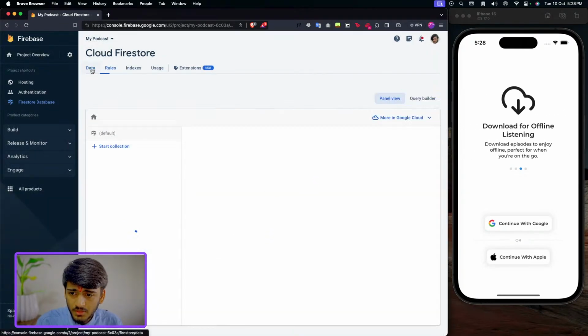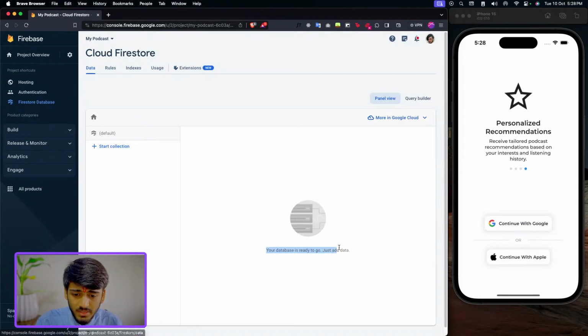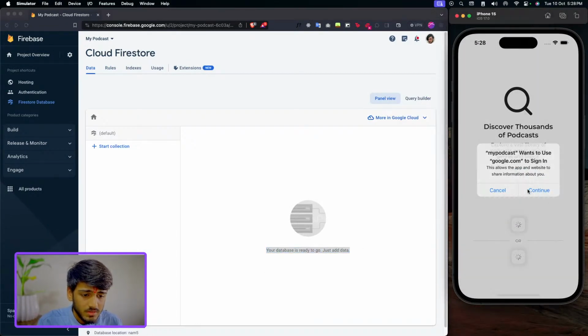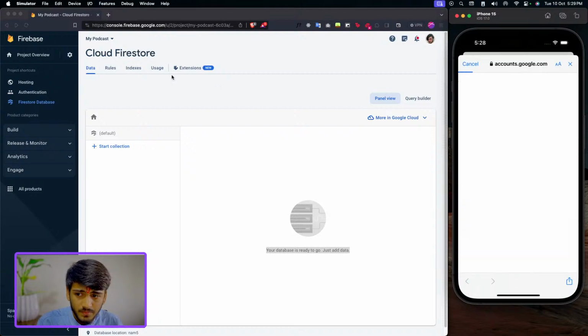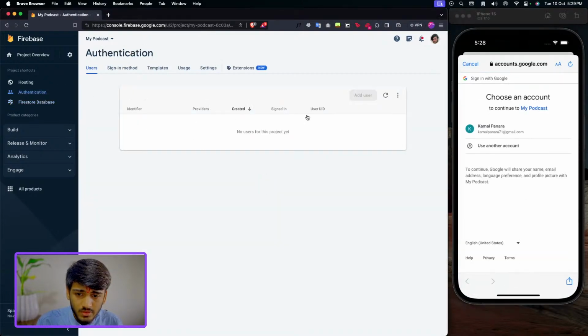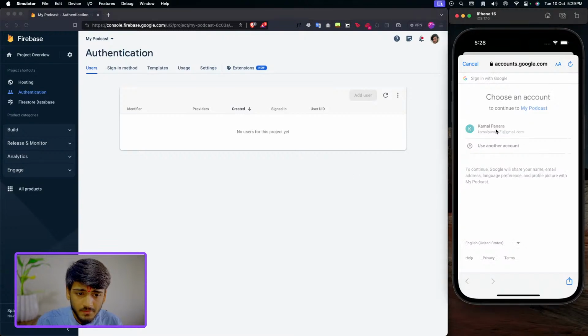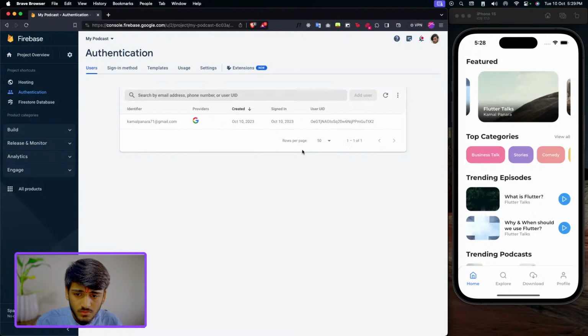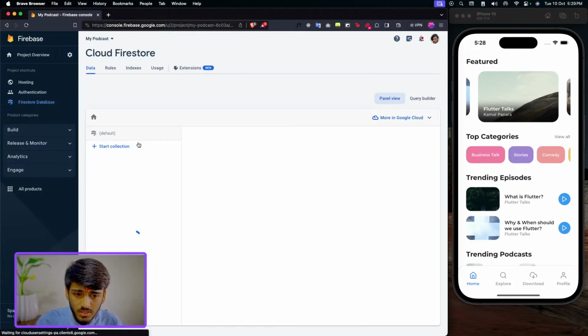Okay, so we have no documents. The database is empty and ready to go, means I can use that. Now let's create a new account. Plus, we don't have any users in authentication, so when we continue, we'll have that user. If I refresh, we have that user, and if we go to the database,